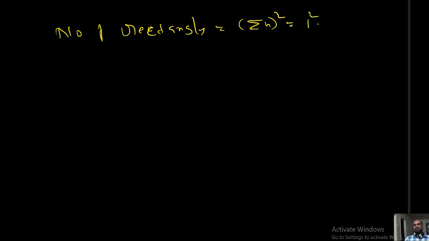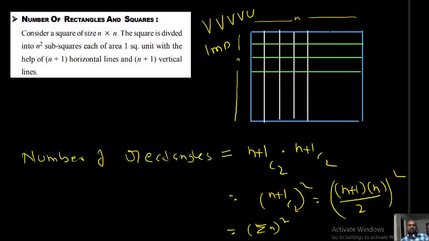or what I can say, sum of cubes of first n natural numbers: 1 cube plus 2 cube, and so on, plus n cube. Both are the same, no? Both are the same. Sum of cubes of first n natural numbers is nothing but the number of rectangles in this grid. Okay, how many smaller squares are there with 1 unit length? I can say there are n square.